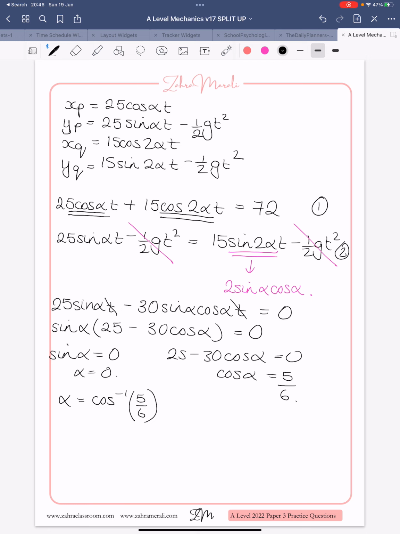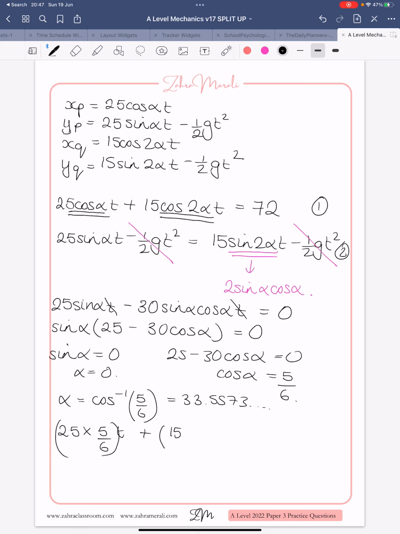I can calculate that if I want, actually. So if you did calculate it, inverse cos of 5/6 gives you 33.5573 and so on. But I've left it exact in my calculator. So then I've got 25 times 5/6, because that's cos alpha t,